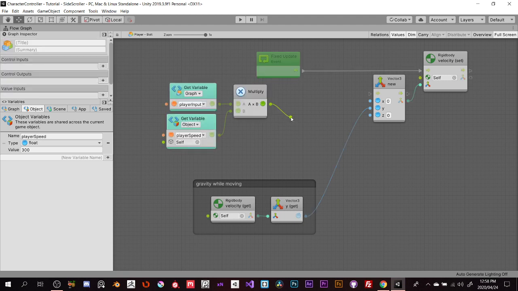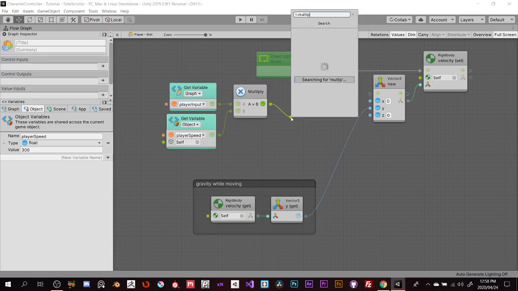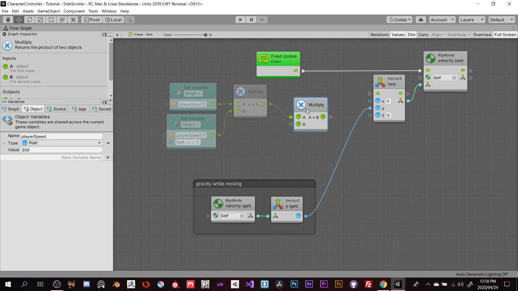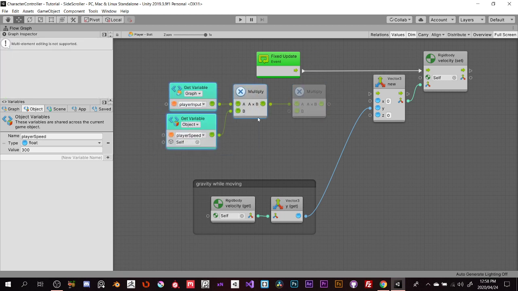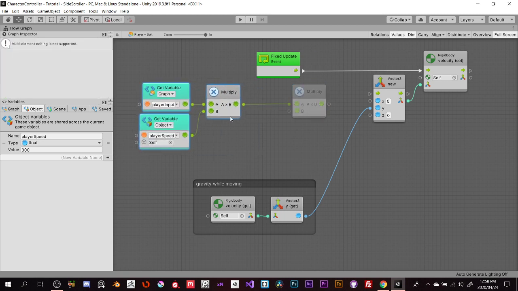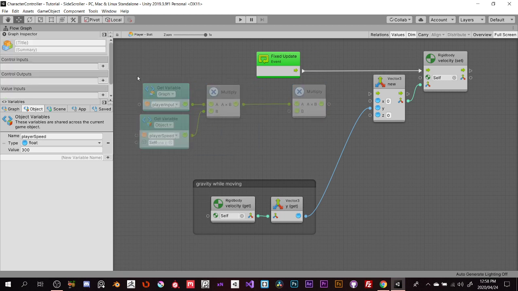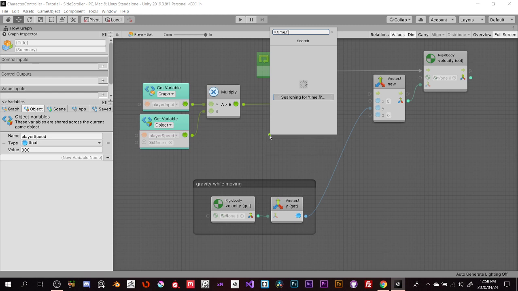Okay, so let's drag from the multiply and type in multiply one more time. And we're now going to multiply this by time.fixed delta time so that we can make sure that whether the game is running at 60, 30, or 120 frames a second, the character will always travel at the correct speed. So from the B, drag out and type in time.fixed